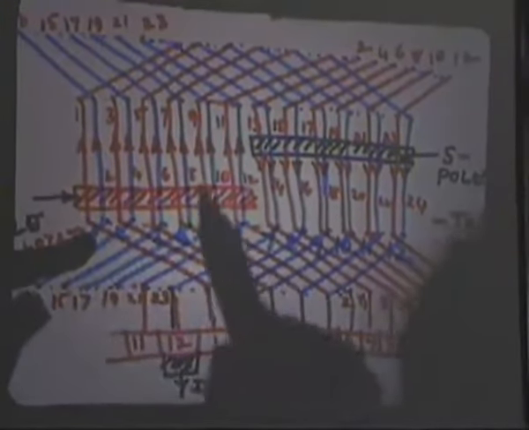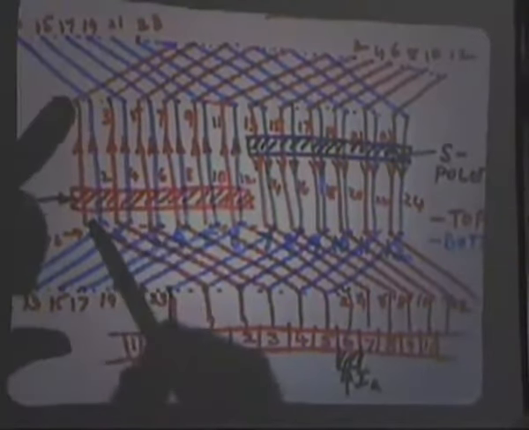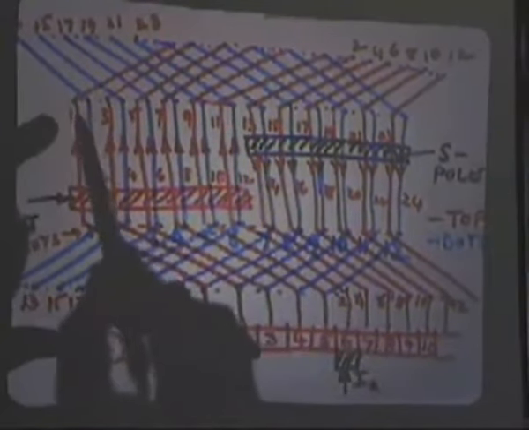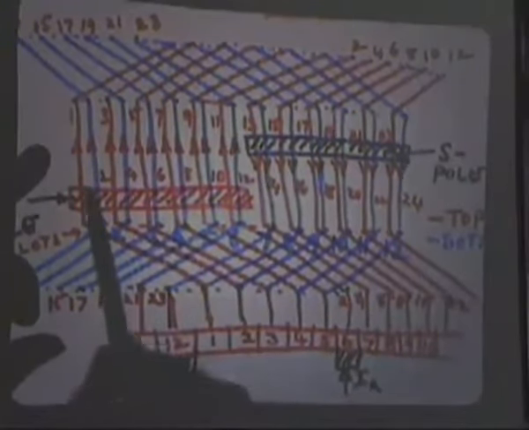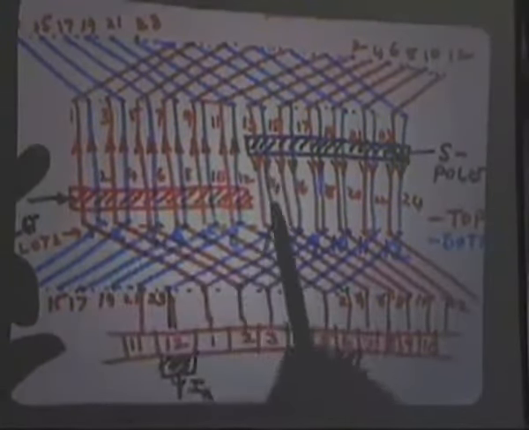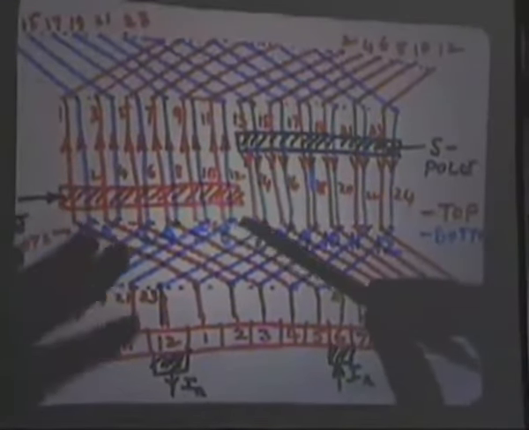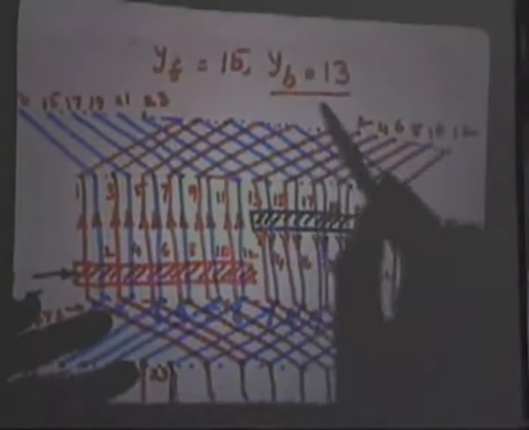So 1 to 14. So you will see on one side all the red ones, all the top layers will return through the bottom layers, but displaced by 13, like 1 to 14, 3 to 16, 5 to 18, 7 to like that. So they have been drawn like this. So if you observe, they are all drawn this way, that the top layer will go to the bottom layer. So this one side we have taken care of, that is the back side. So coils are made with 13 slot pitches.